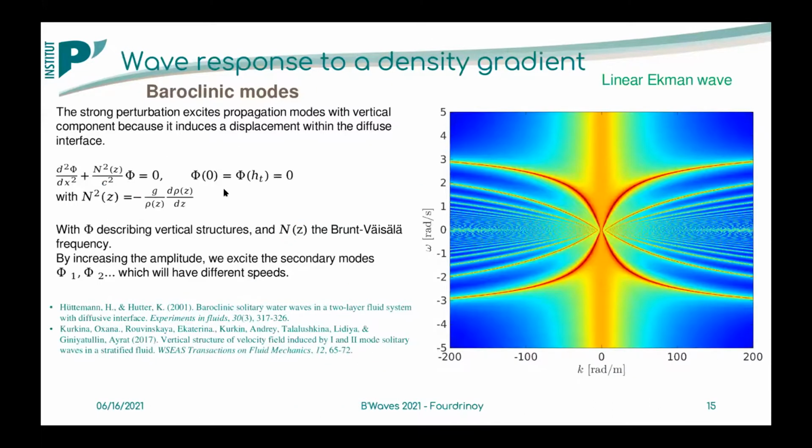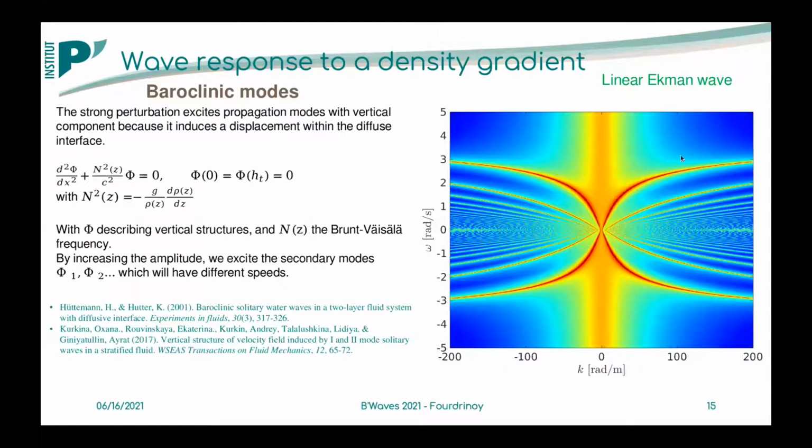The presence of a density gradient reveals new undulating structures. From the Brunt-Väisälä frequency defined by this new gradient, we can define new modes of the undulating depression called baroclinic modes. In addition to their longitudinal components, these modes have a vertical component, and we can predict their theoretical dispersion relation. The zero mode corresponds to the Ekman wave described above, and all these baroclinic modes are linear wave responses